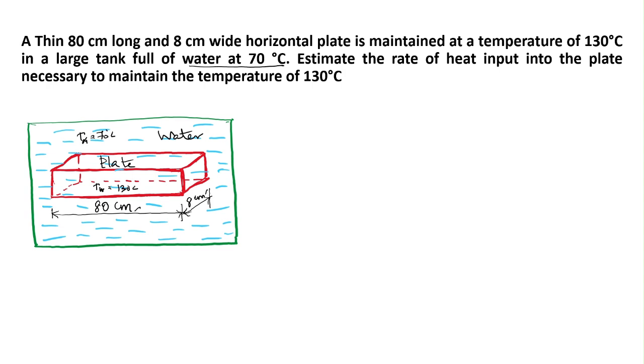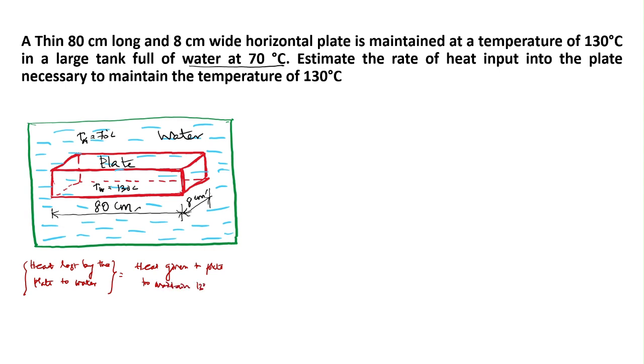Estimate the rate of heat input to the plate necessary to maintain the temperature of 130 degrees Celsius. So you are going to maintain the plate temperature at 130. How much heat do you have to give to maintain the temperature at 130? Listen, in that case, the heat lost by the plate to water is equal to the heat given to the plate to maintain